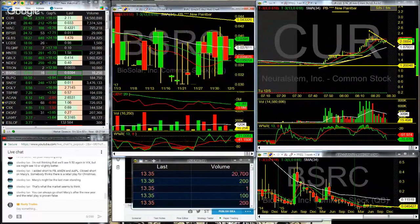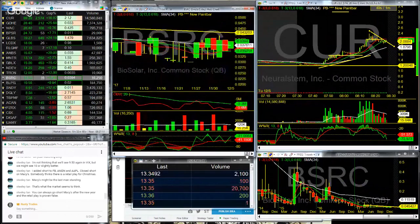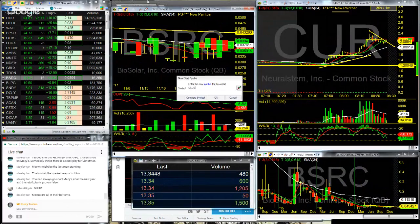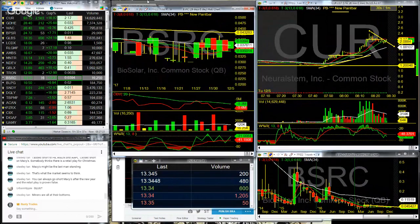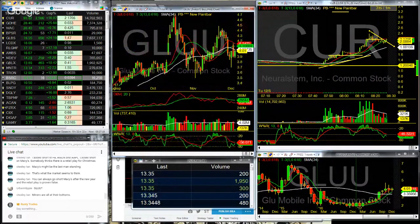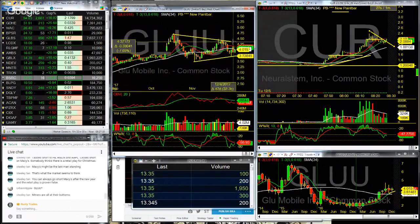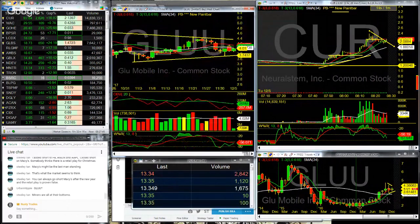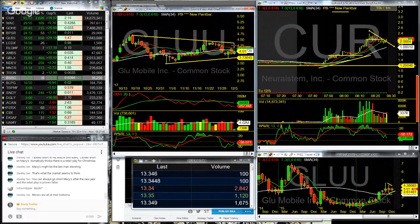Look at this. That looks like a booming effect coming. Watch for previous high breaks on this bad boy, BSRC. And it's inside the pattern, so I'd wait for a cross outside the pattern before making a decision on that one. Nice hammer off the bottom, though. It's got to hold. That could be a bearish retrace. It's got to confirm above